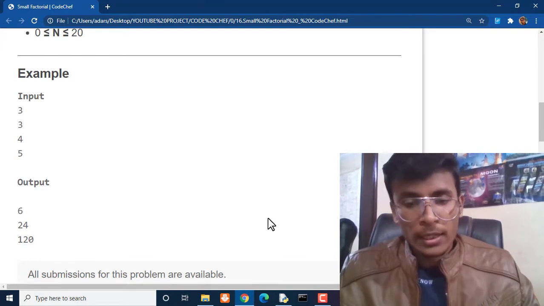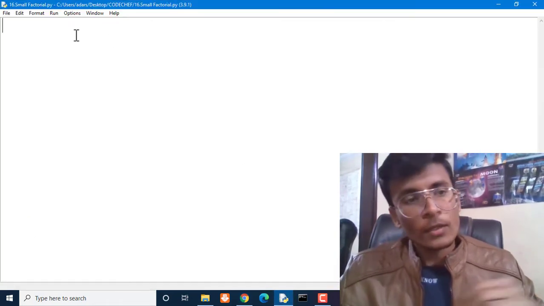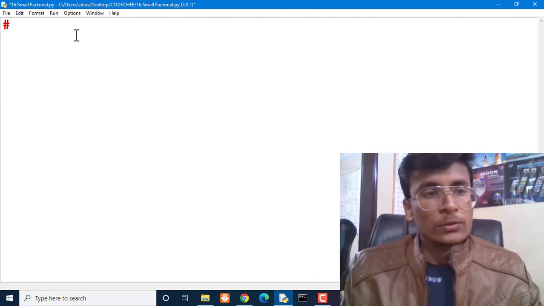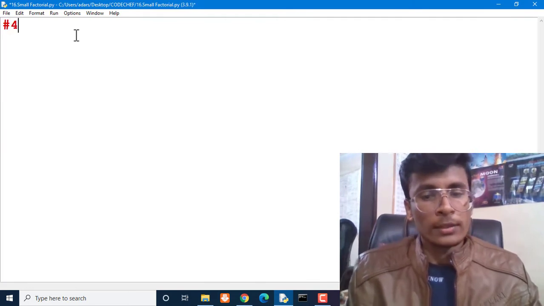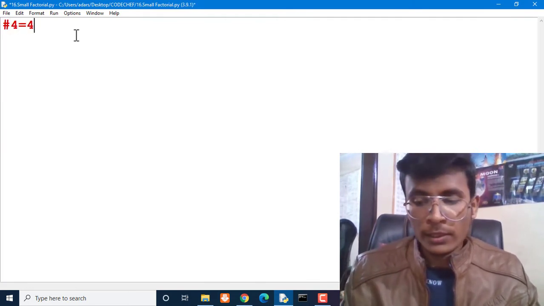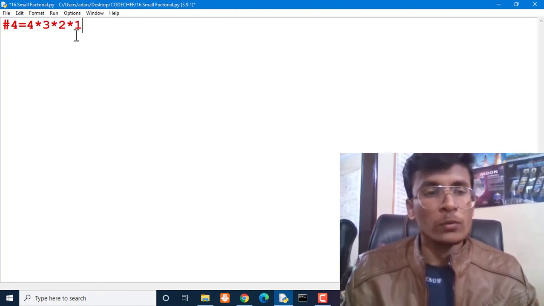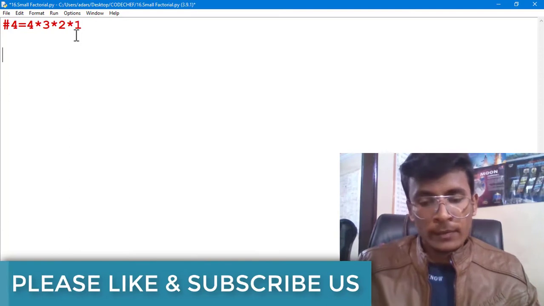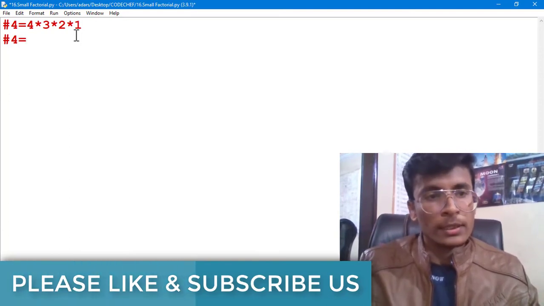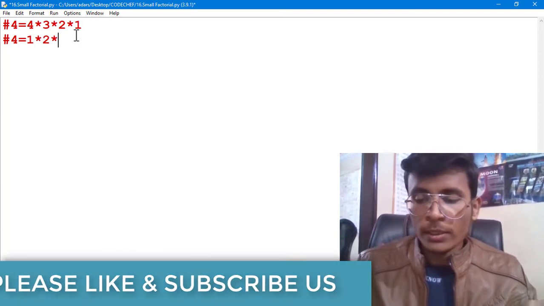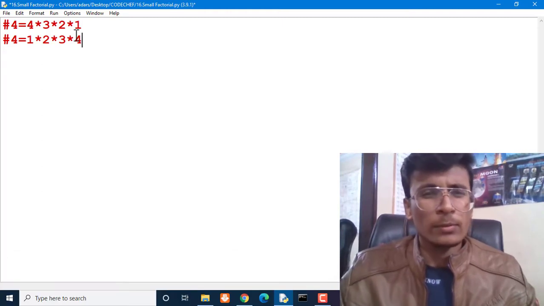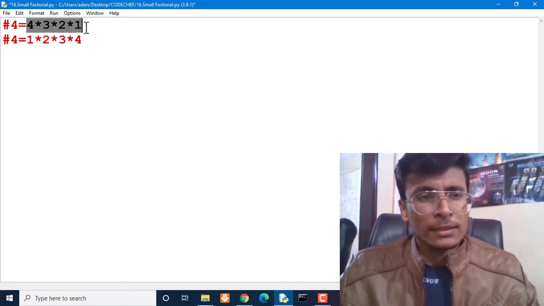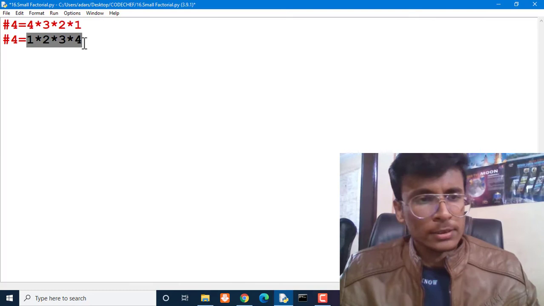What is factorial actually? If we are going to solve the factorial of 4, then we can say it is 4 into 3 into 2 into 1, or we can also say that the factorial of 4 can be calculated as 1 into 2 into 3 into 4. It's the same, because whichever way we multiply, we get the same result.